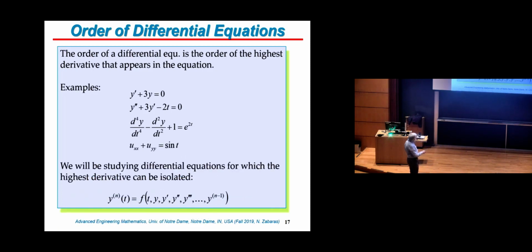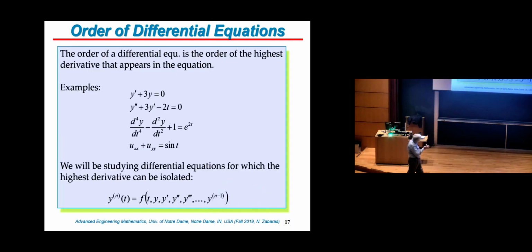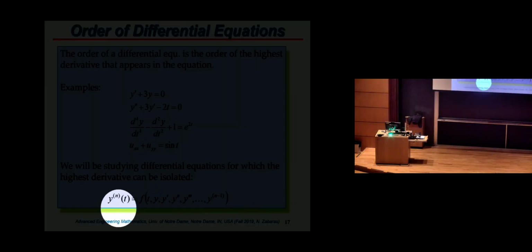So here is the general form of an nth order ordinary differential equation. Usually what we do is we hope that in most cases we can separate the nth derivative and put everything else on the right-hand side as some function, explicitly, of time and all the derivatives up to the n-1 derivative, okay? This is the standard form. It's possible your equation may not be in that form, but it would be very nice if you can somehow bring the equation to this form.